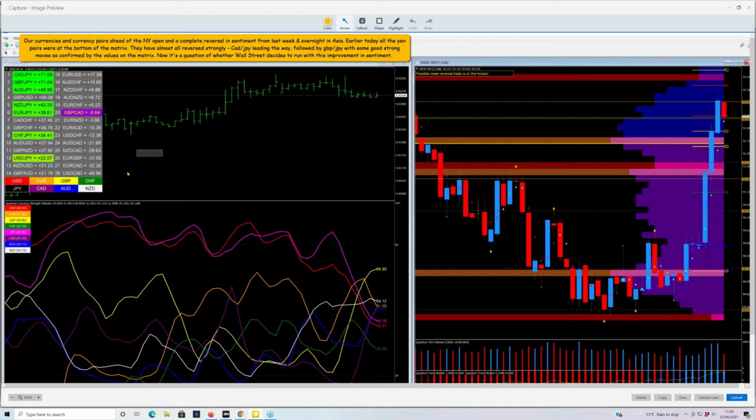And what was interesting yesterday, if you were trading yesterday, is we know there were some fantastic moves. There were really strong moves in a lot of the pairs, and certainly in the yen pairs. And we know this from the matrix, because you look at these values here, certainly these two in the 70s, that tells us that was a good move. And you only have to look at yesterday's charts to be aware of that.